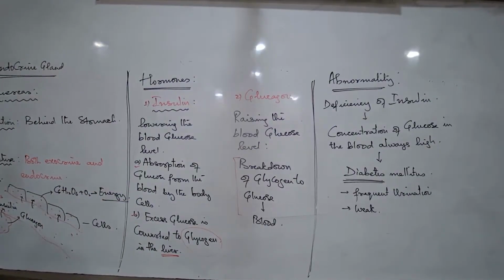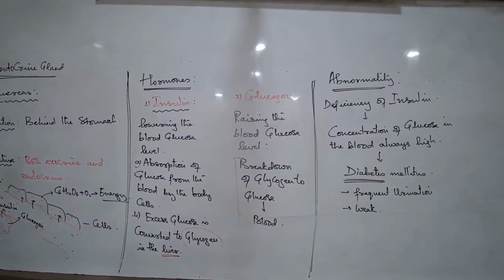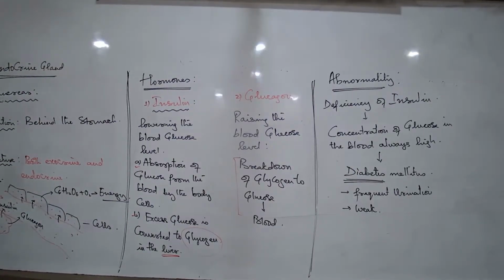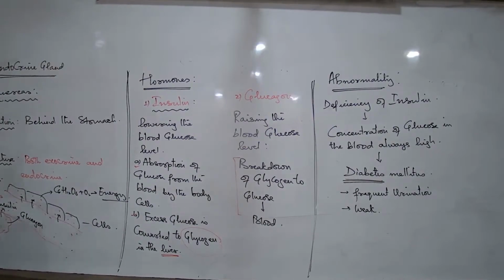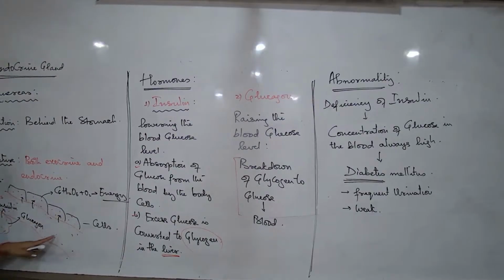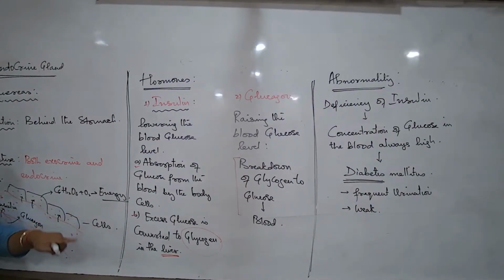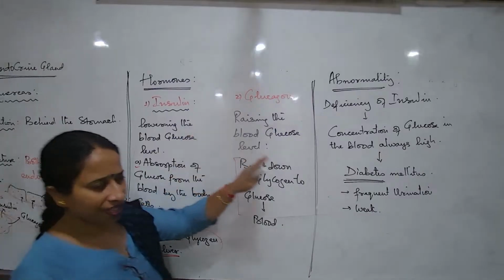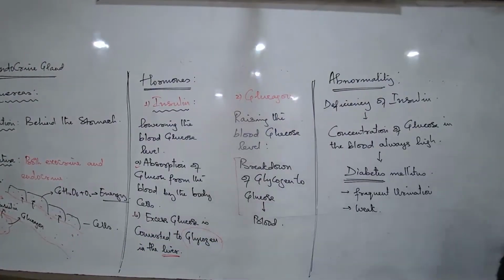When we go fasting for long periods, quite a number of times we fast for half a day, one complete day, and we do not eat an adequate amount of carbohydrate, but still we are able to do our job almost the entire day. How is it possible? At that time the glucagon breaks down the glycogen to glucose and releases it in the blood. This way, at least 2-3 days our body can carry on with muscular activity without an adequate amount of carbohydrate intake. The disorder related to this that we are studying right now is diabetes.